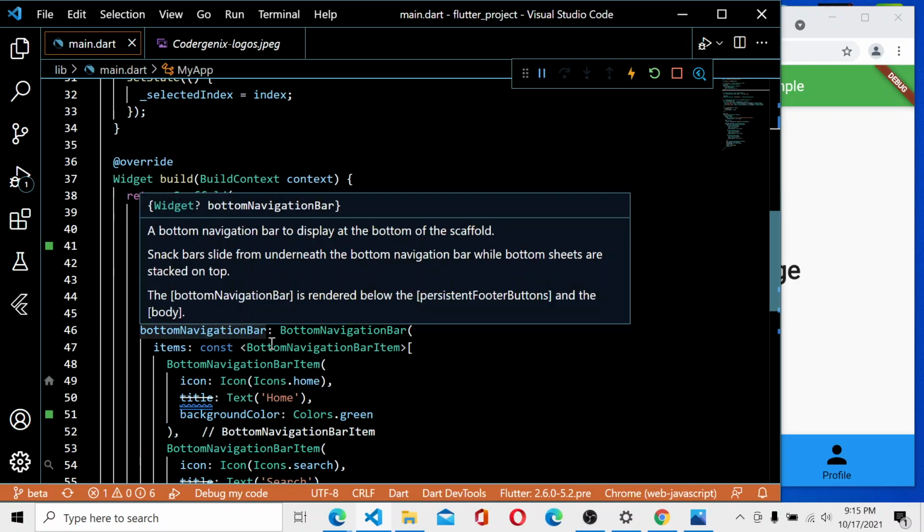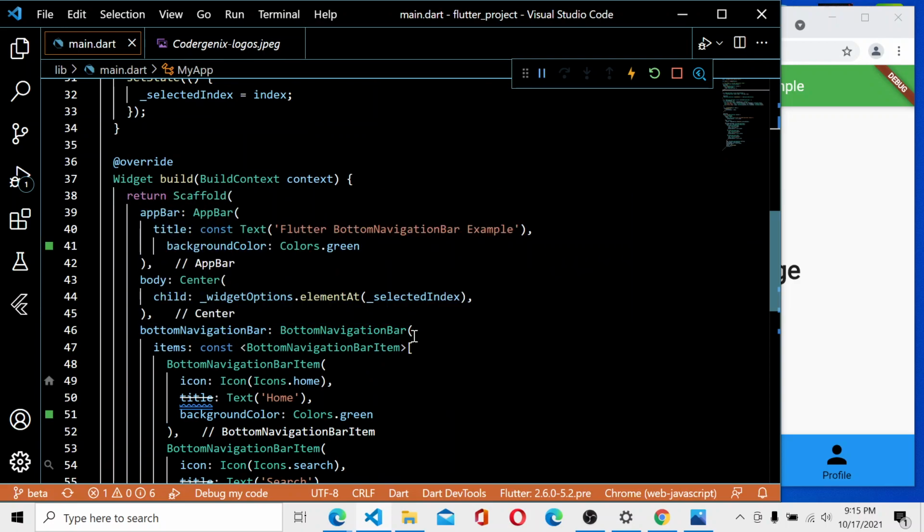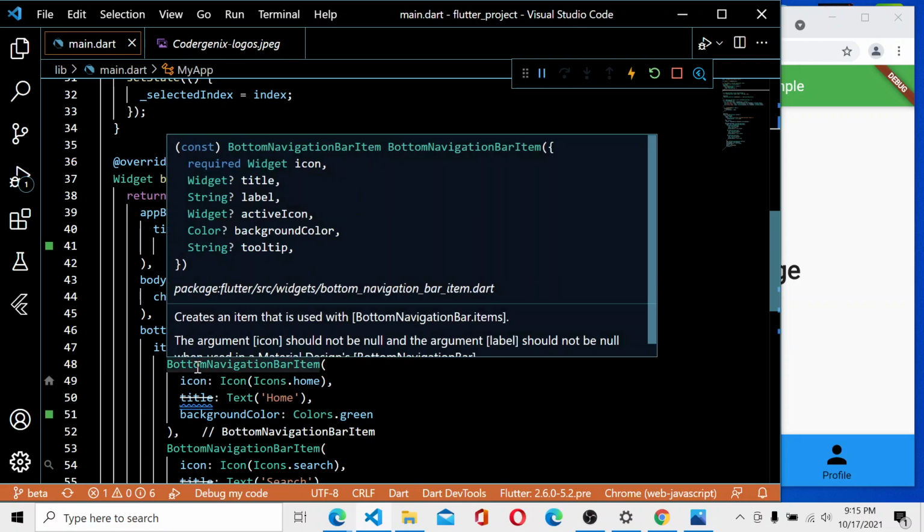Okay, then bottomNavigationBar. We are creating items: a const list of BottomNavigationBarItem.